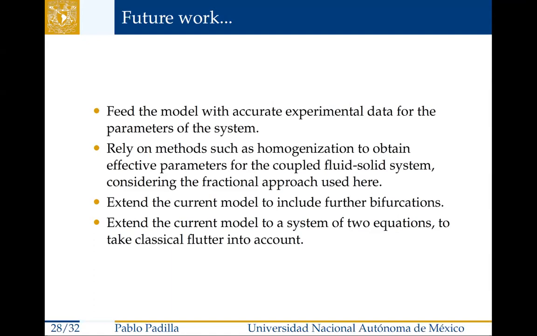Also, to extend the current model to include further bifurcation or secondary bifurcations, as they are called technically. And finally, extend the model to a system of two equations to take classical flutter into account, because the van der Pol model only refers to the second kind of flutter, which I mentioned in the very beginning of the talk. So it would be interesting to come up with a model for classical fluttering, but